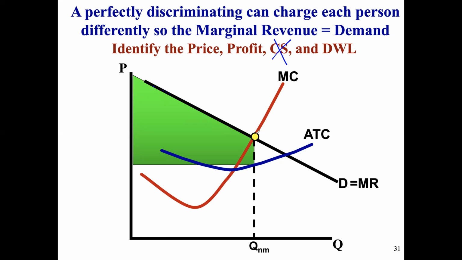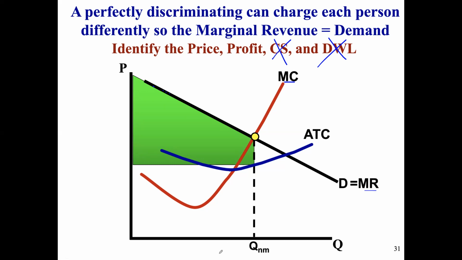Okay. Once we hit our profit maximizing quantity, we go down to the ATC and over, and this green shape is going to represent our profit. Okay. There's also no deadweight loss. The reason is because we are at the socially optimum quantity. Our profit maximizing quantity, where MR equals MC, also is where marginal cost equals price. Okay. So this is the socially optimum quantity, which means we have no deadweight loss. Okay. So that's what a price discriminating monopoly looks like.